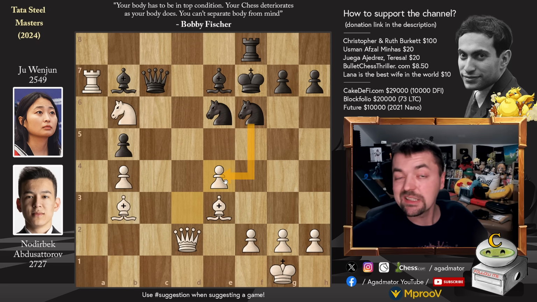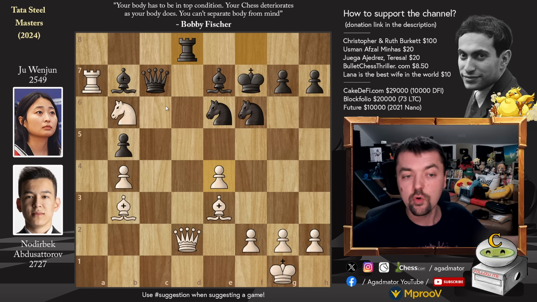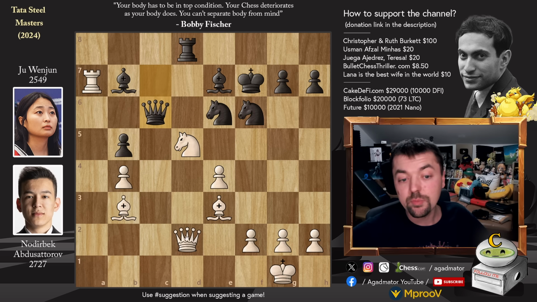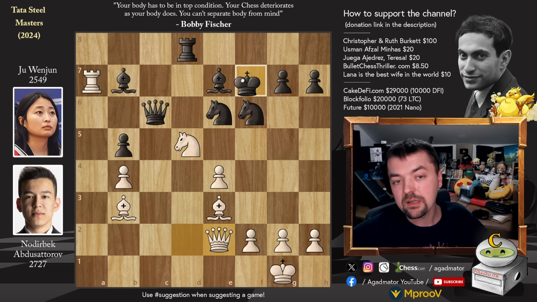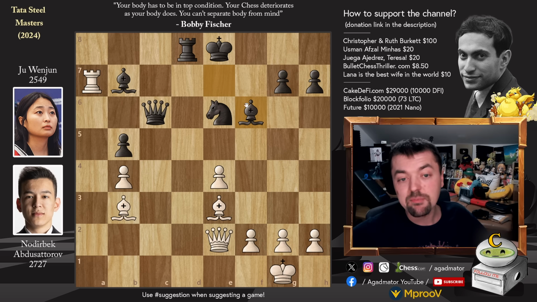But of course, knight doesn't have to capture on e4. Strongest would be to play rook to d8. And even with this precise d captures on e4, rook to d8 still sort of holds. You can play knight to d5, and now after queen to c6, you will play queen to e2. And okay, now the king can escape, for example, king to e8, knight captures on f6, bishop captures, and now